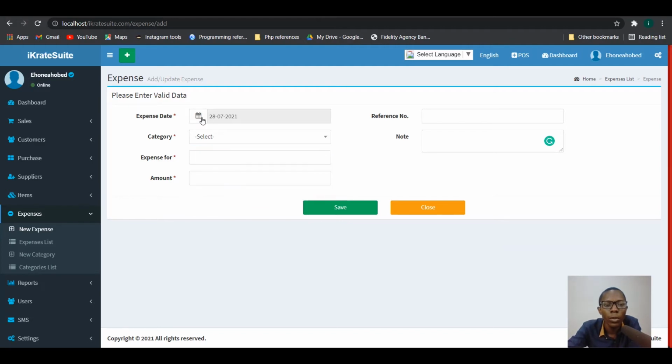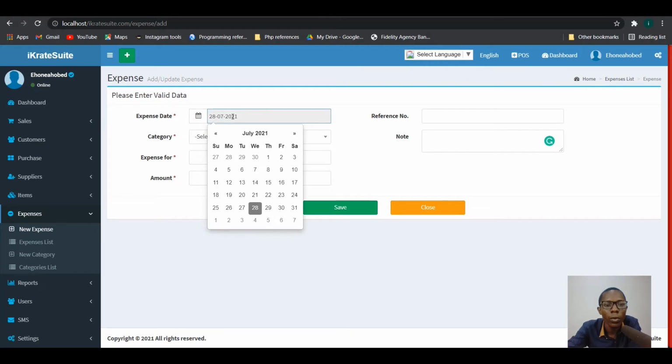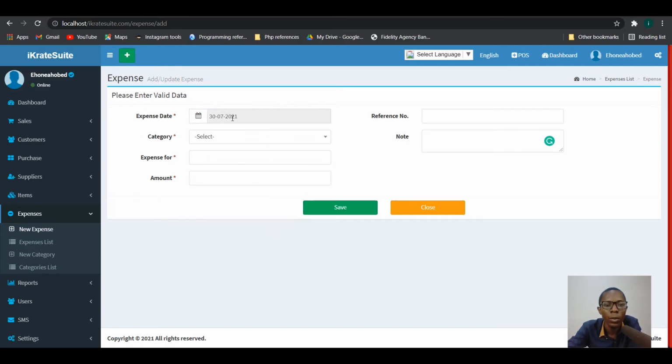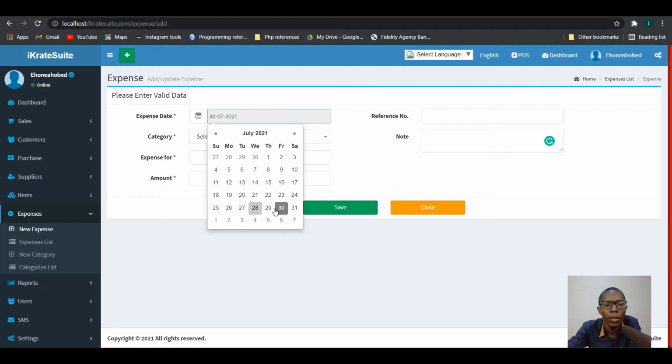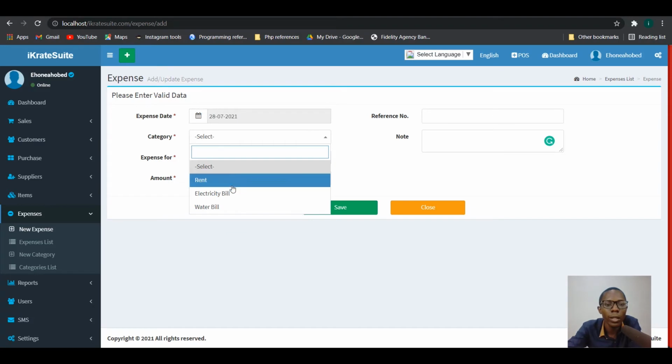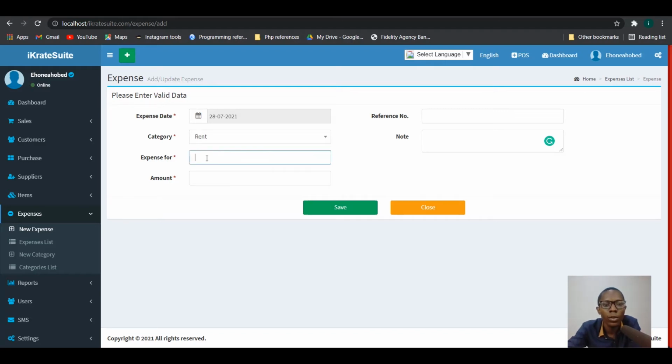The first thing you want to do is to set the date that this expense is being incurred. If it happens to be the exact date you are on, it will automatically be selected, but you can either backdate or choose a date ahead. But it won't make sense to choose a date ahead if the expense has not already been incurred. So you choose the appropriate date, then you select the appropriate category. Let's assume I'm paying for my rent, then under expense for, you give a small description. So let's say